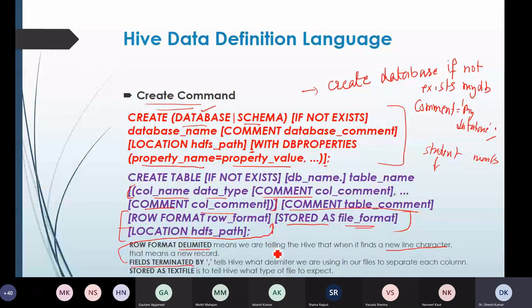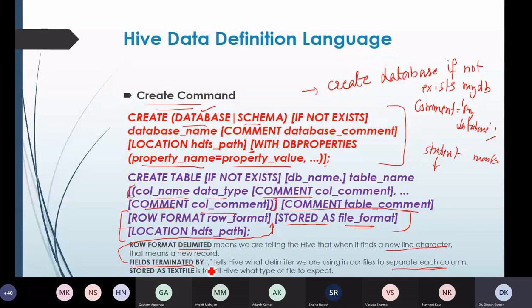So this specifies the fields terminated by comma, or fields terminated by tab, right? So this way we can specify the columns which are separated by which character.